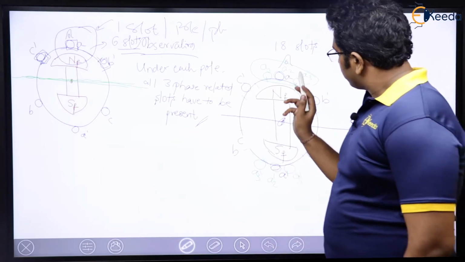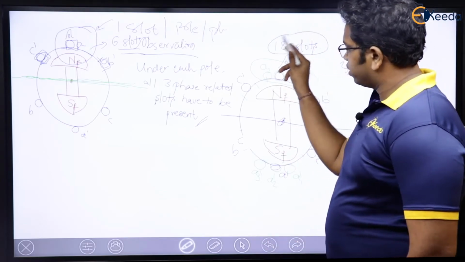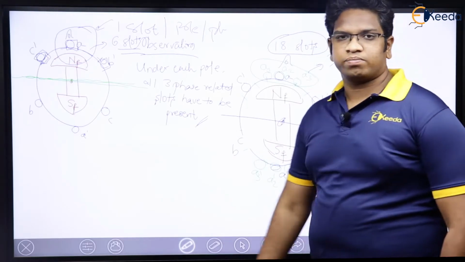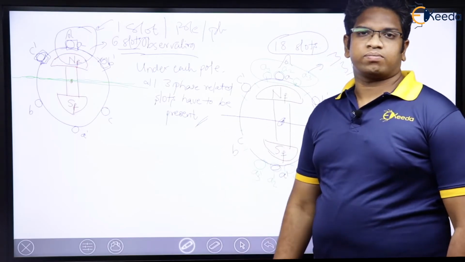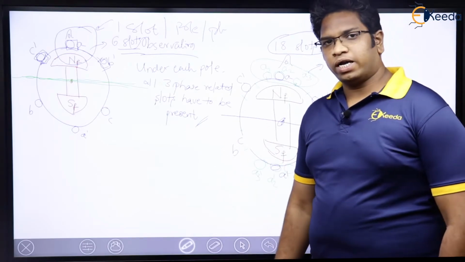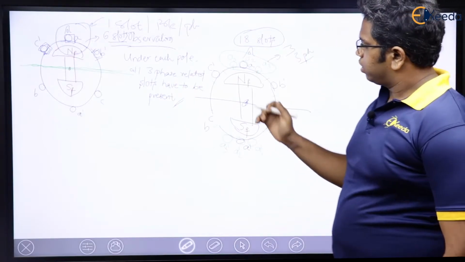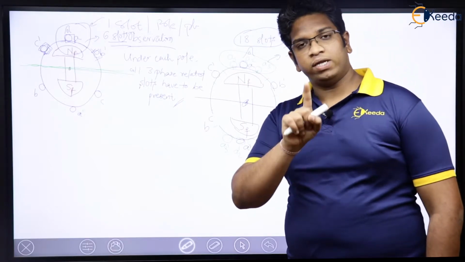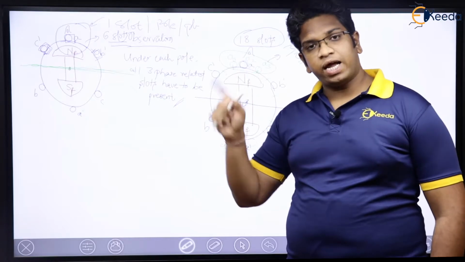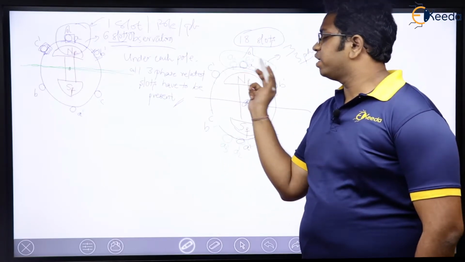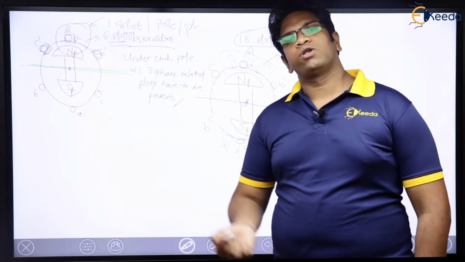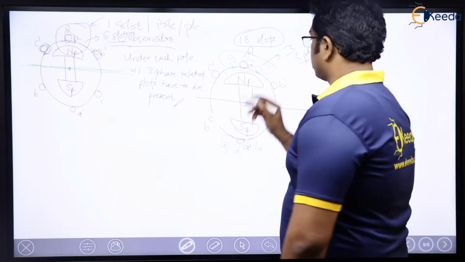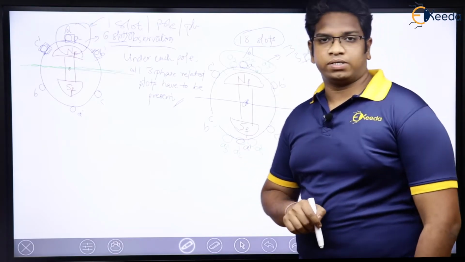Means, see here, when I had 18 slots here, 3 slots were dedicated for one phase under one pole. Initially a conductor was there, one single A conductor was there. Now that A conductor has been distributed in A1, A2 and A3. Now how many slots? Means the number of slots in which distribution of winding happens is given by,